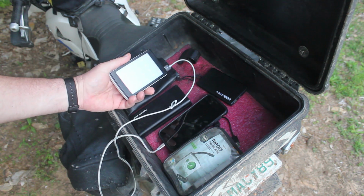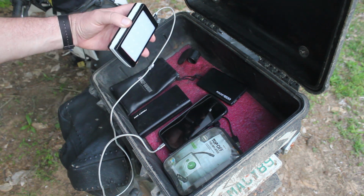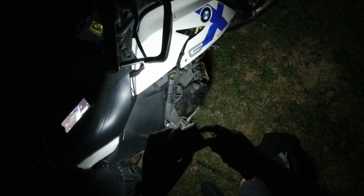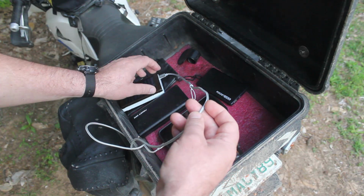But another cool thing about this is it also has a really powerful flashlight. You just turn this thing on, hold it, and it's really powerful. I can't really tell, it's so bright out here, but you know, camp flashlight, or if you're working on your bike on the side of the road, something like this, it's really good to have. You can keep this in your tank bag, and I typically do with a couple of 3 or 4 charging cables. I really like these USB,